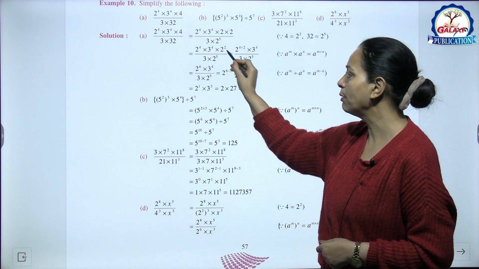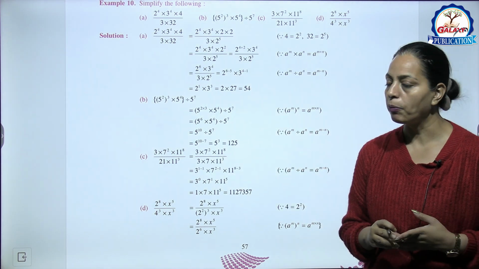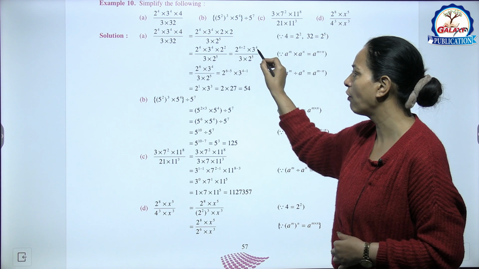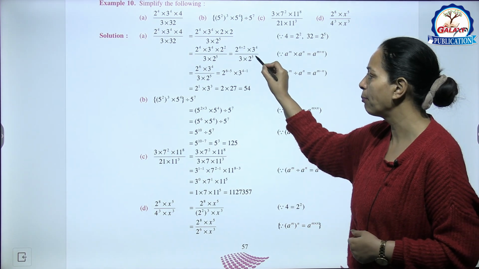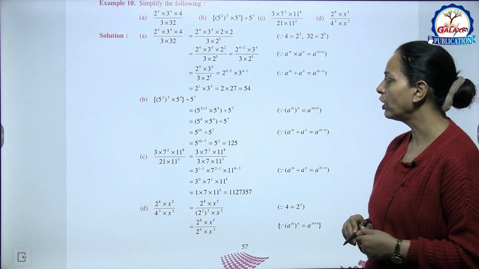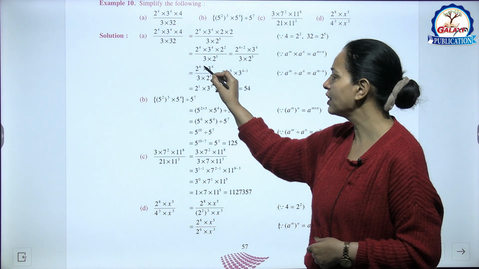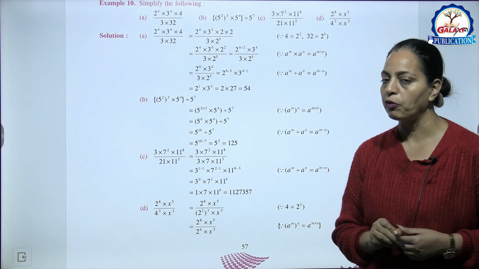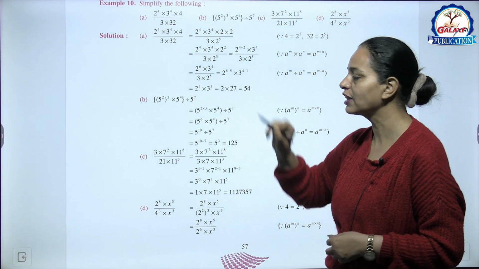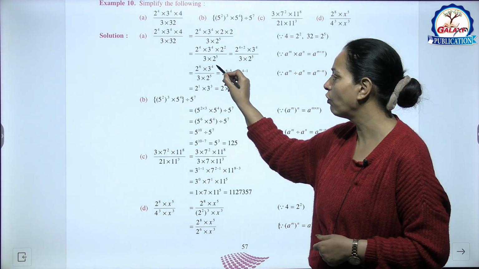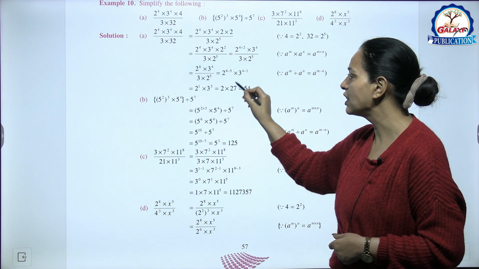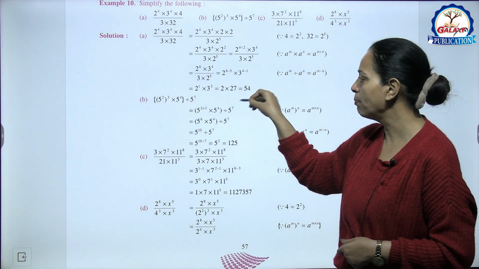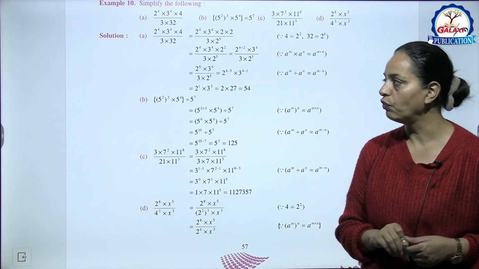तो पहले हम जो मल्टीप्लाई साइन है उनकी पावर को कंबाइन कर दें. So 2 raised to power 4 plus 2 and 3 raised to power 4 as it is and these numbers as it is. Now we can see here 2 raised to power 6 divided by 2 raised to power 5. Now division sign है तो पावर माइनस कर देंगे. 2 raised to power 6 minus 5 and 3 raised to power 4 minus 1. So answer is 2 raised to power 1 into 3 raised to power 3. Now simplify this, answer is 54.